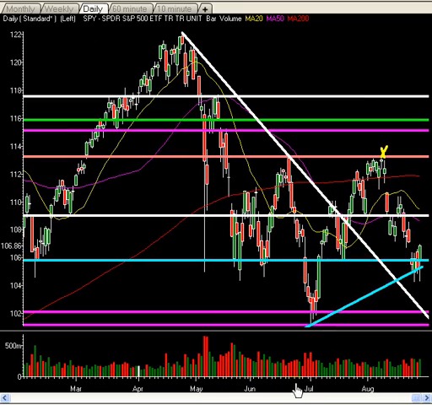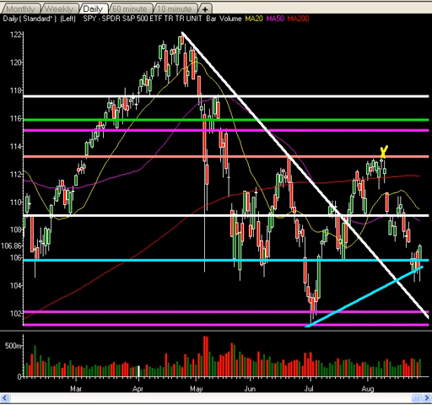It's a huge level. And right now, again, you can see we hit it beautifully and bounced off. Now, remember, after you hit a master level like that, you're not going to break right away, especially because you have light volume in this market. Light volume in this market is going to continue to play out. And again, we're going into a week of very, very light volume expected ahead of the jobs number on Friday. The unemployment rate and the non-farm payrolls number is coming up on Friday of this coming week.